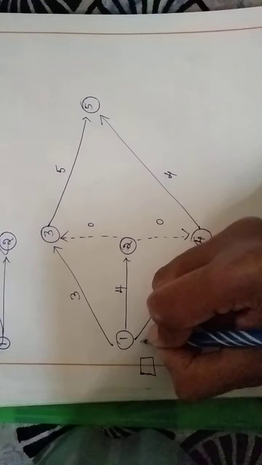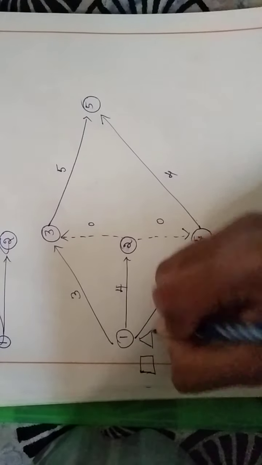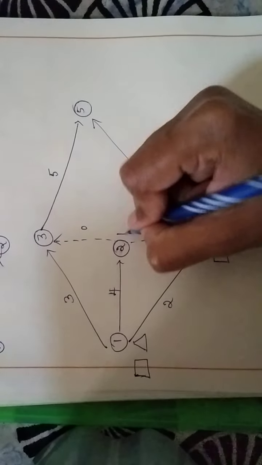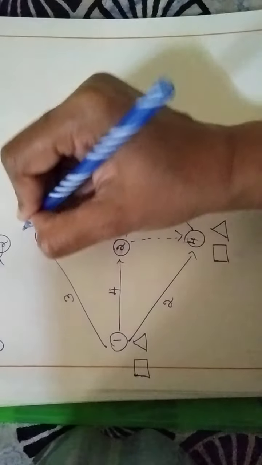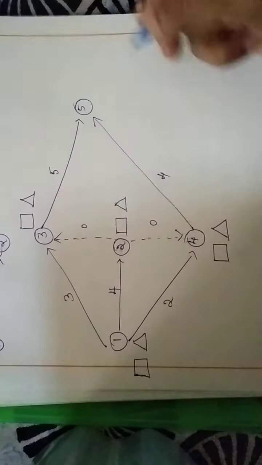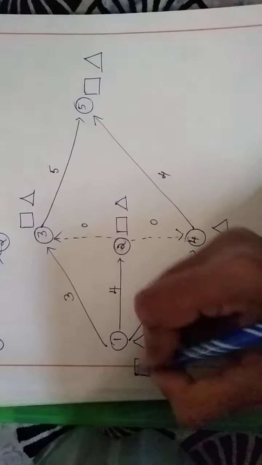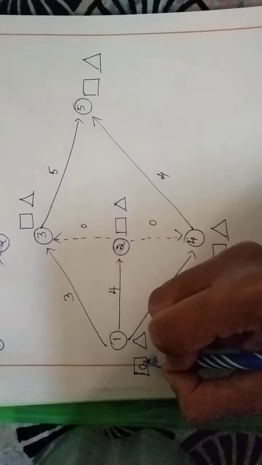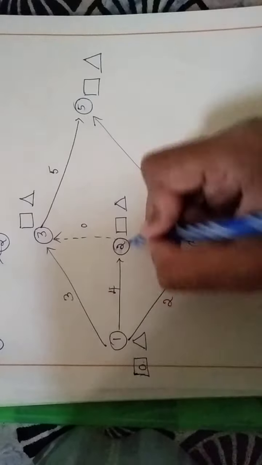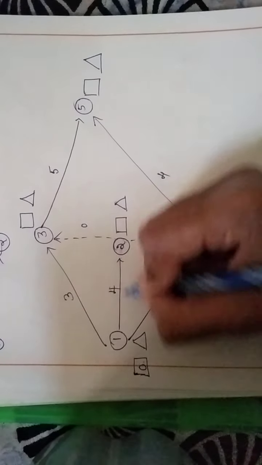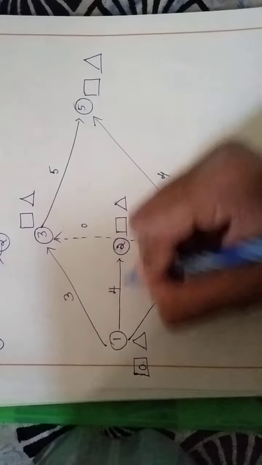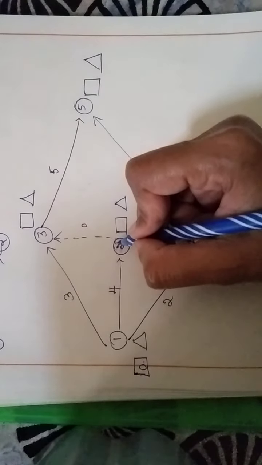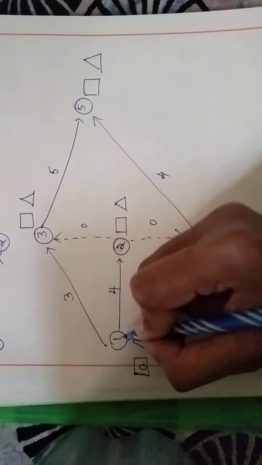So earliest start is written within the rectangles like this. So we have to draw a rectangle and a triangle for all the nodes that we have in the network diagram. So first we have to initialize with 0. So 0 is what we write here within the rectangular box. So now the direction of the arrow is here, right? So for this particular activity there is only one arrow coming down, right? For this particular node, if you observe, for this particular event there is only one activity which is from 1 to 2.